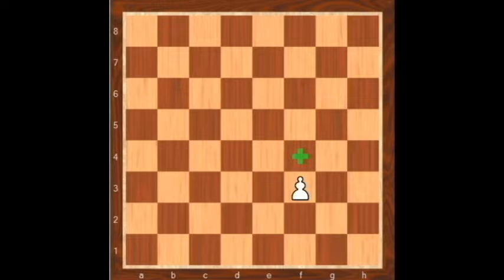The pawn's move is a very modest one. It can only move one square at a time forwards. See, the pawn is on f3, it can only go to f4. That is all. So pawn is not allowed to move backwards. Once the pawn has gone forward, it cannot come back to our territory. A white pawn moves from the bottom of the screen to the top whenever the board is set up with the first rank at the bottom.